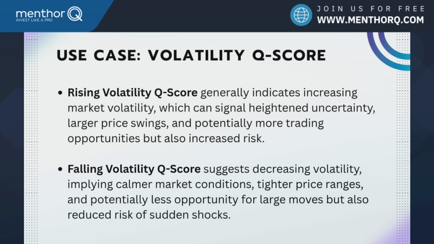So whenever you see a rising volatility score, it generally indicates that we are seeing an increase in market volatility, which can also increase the uncertainty. We could also see larger price swings and potentially more trading opportunities, but at the same time, we are going to see an increase in risk. When we see a falling volatility score,